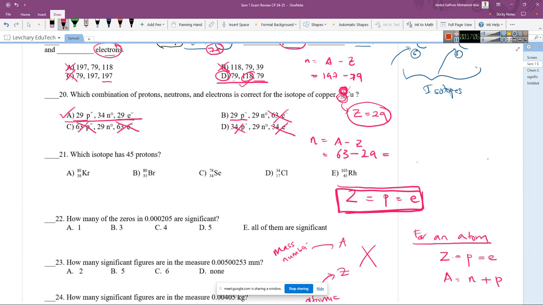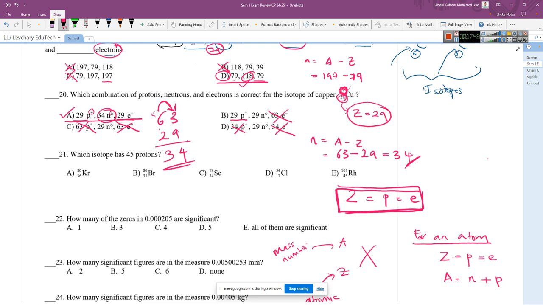Can you use a calculator in the exam? Yes. So you can use the calculator to find out. Otherwise, 63 minus 29, right? So we borrow 1 from here. 13 minus 9 is 4, and we have borrowed 1 from here, so the remaining is 5. 5 minus 2 is 3. So what's the answer? 34, right? So here there are 34 neutrons.